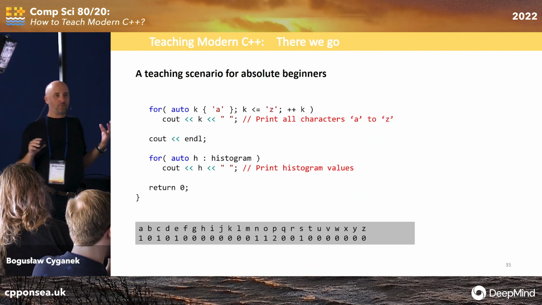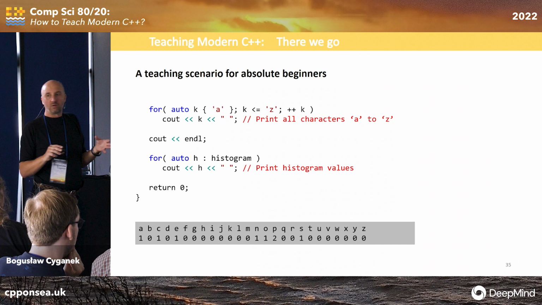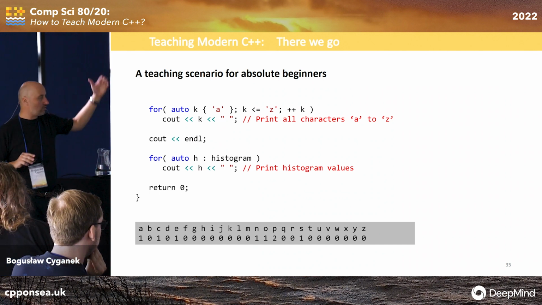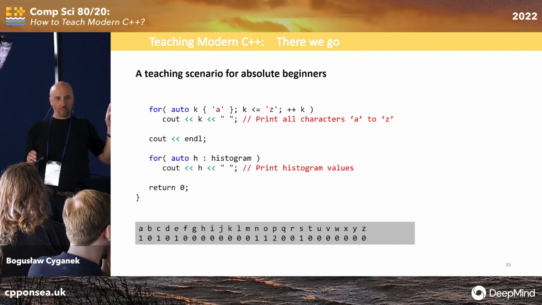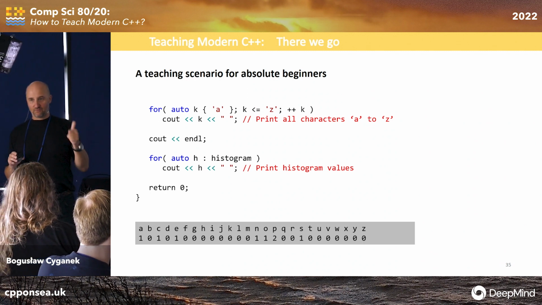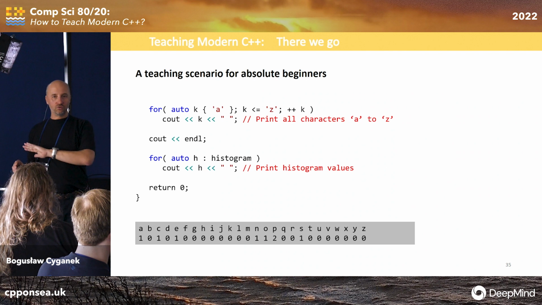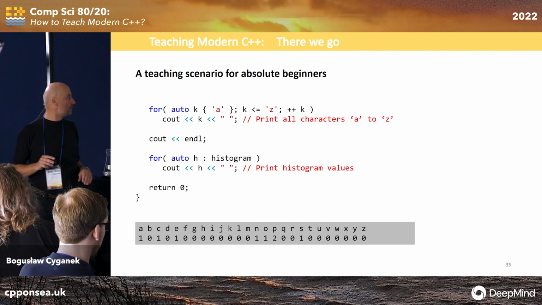One of the simplest, but I wanted to show you some concrete use, yeah? But you can build on it. But the point is the set of features. And my point is, with this set of features, vector, string, for, if, you can do a lot of nice things. I will show you some examples for beginners in a moment.